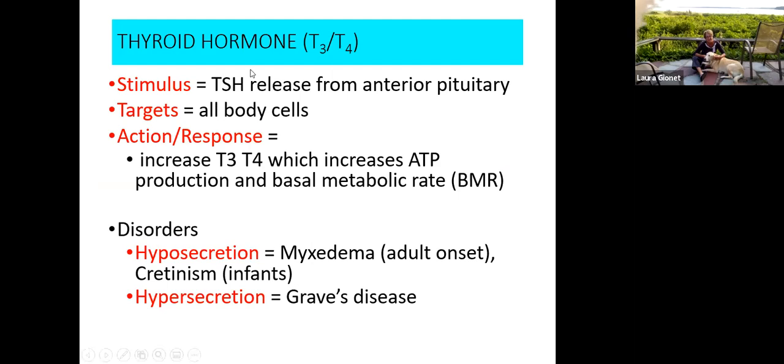Okay, so we're going to look at T3, T4 first. The stimulus is thyroid stimulating hormone from the anterior pituitary binding to them. T3, T4 is released, and the target is all body cells. What is the response? Increase your metabolic rate. Your metabolic rate is really different from